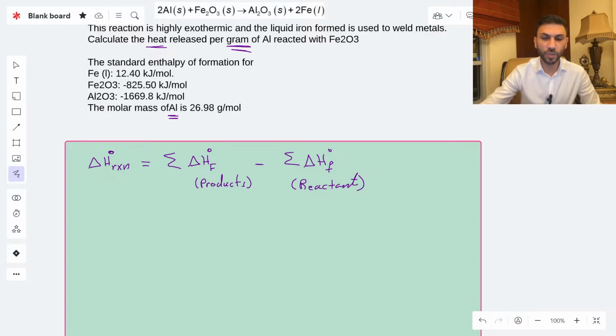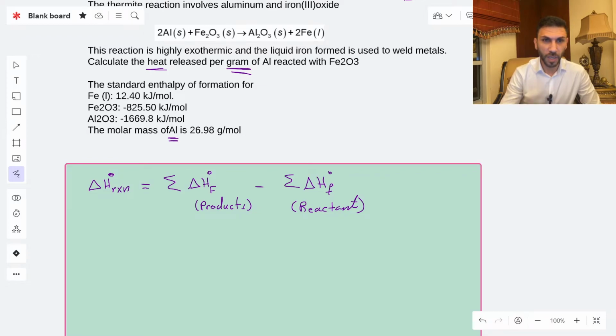In this case, we're going to use this equation. So here are the products. So we need delta H for the reaction